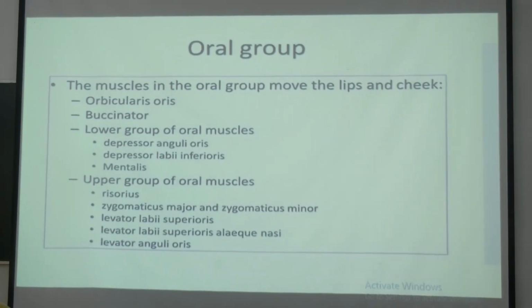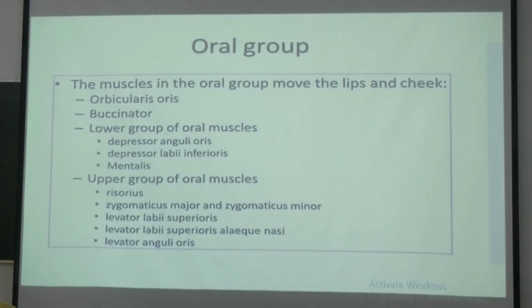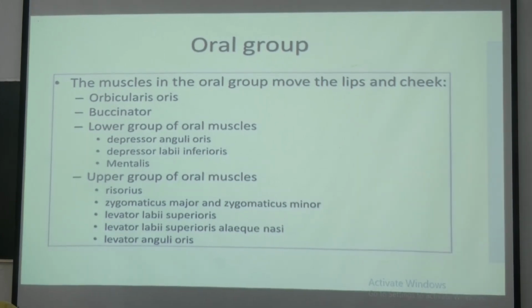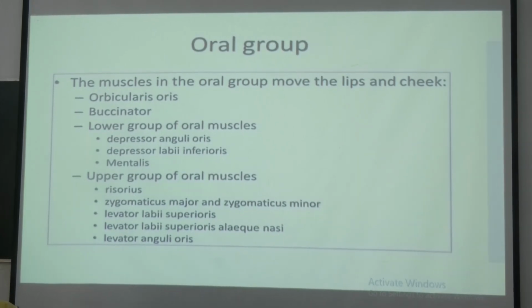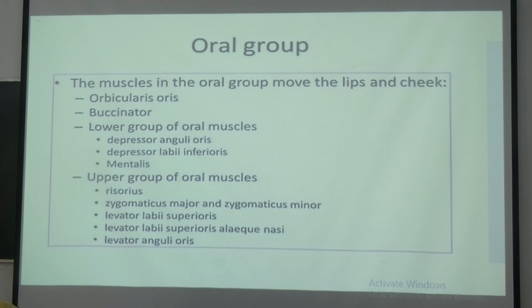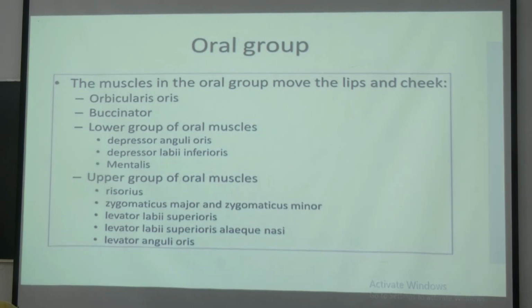Then what is the lower group of oral muscles? Depressor anguli oris, depressor labii inferioris and mentalis, okay. Then the upper group: first one is risorius, then the second one is zygomaticus major, zygomaticus minor, levator labii superioris,